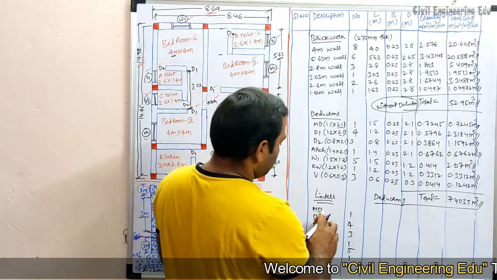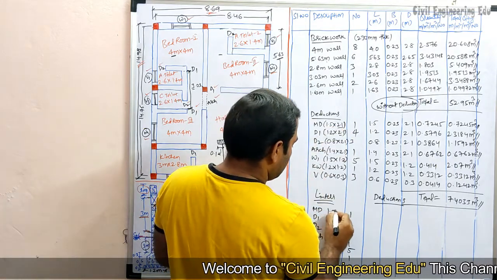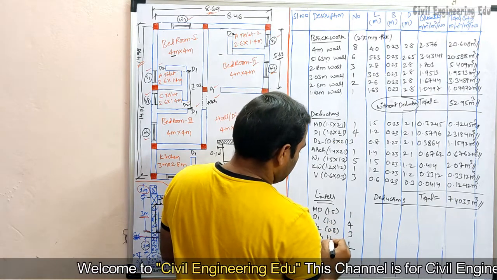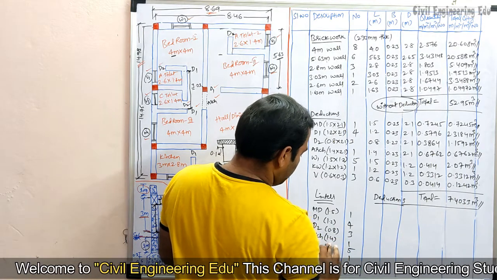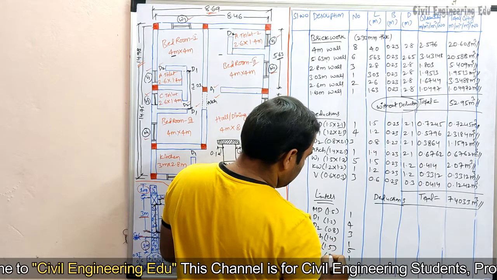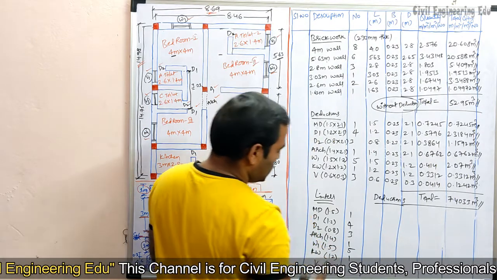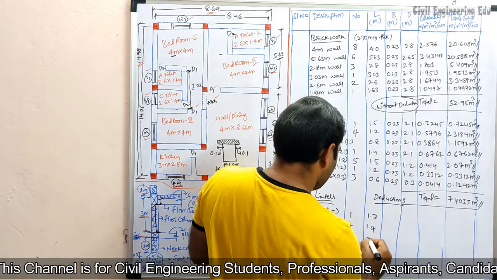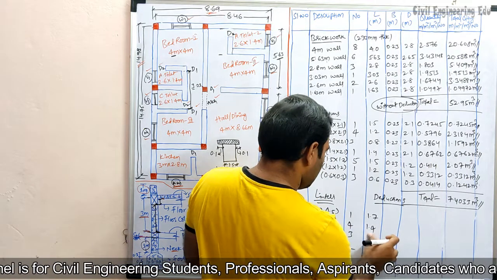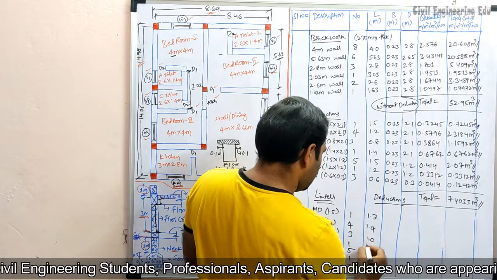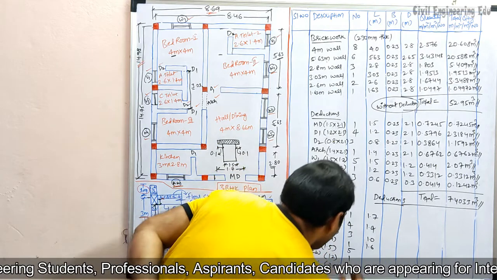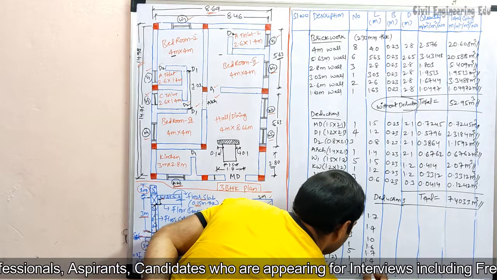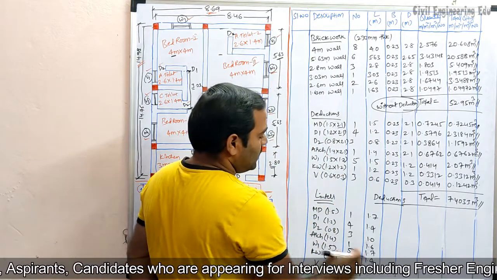Now coming to main door. Main door size is 1.5 opening, so for this we need to add 0.2, that is 1.7. Then 1.4, 1.0 and this is 1.6, this one 1.7, this one 1.4 and this one 0.8. So these are the lintel lengths.